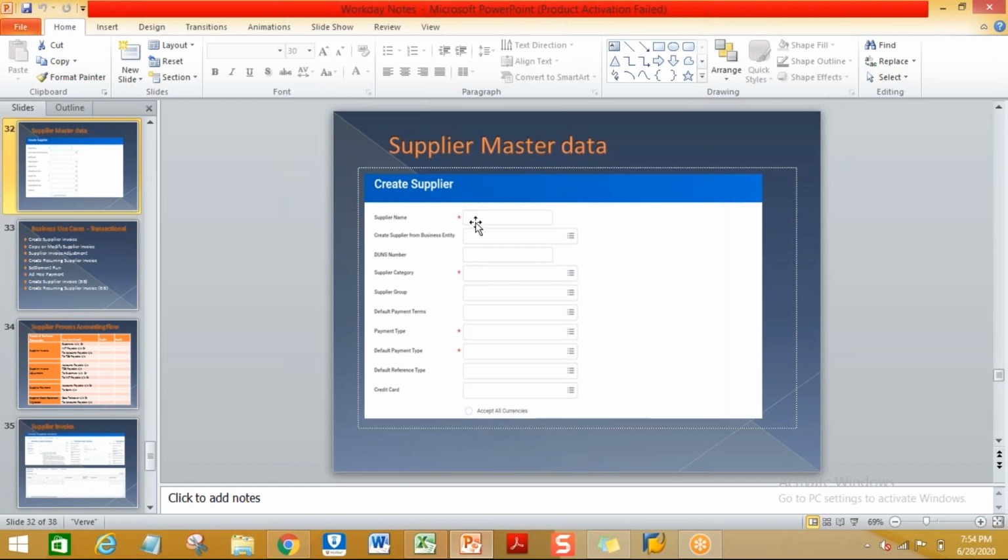All the suppliers will be maintained at the supplier category level in Workday. Payment terms and default payment type you have to maintain. Below that, you have to maintain your supplier address details and bank details also, as part of the supplier master creation.